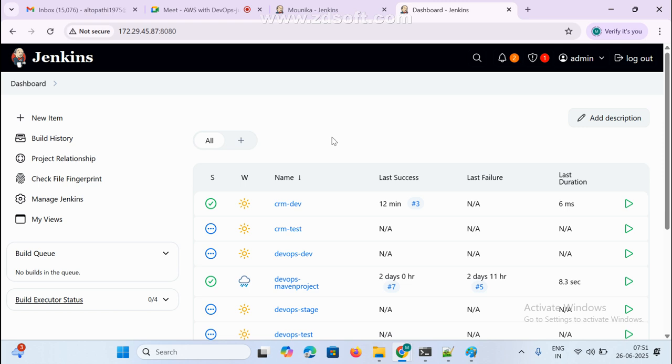Previously, every organization maintained one server in the company. In case that server went down, automatically the entire thing would be down. But nowadays we are using cloud. Cloud means there are multiple regions, and we maintain a server in each. Even if one region is down, we can access our website and our data from another region. There are a lot of advantages in cloud. We don't need to maintain everything locally; they take care of it and maintain different zones and different regions. Anyway, this and all we'll see